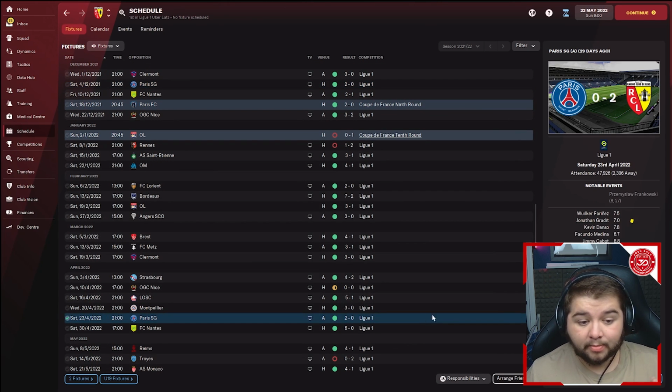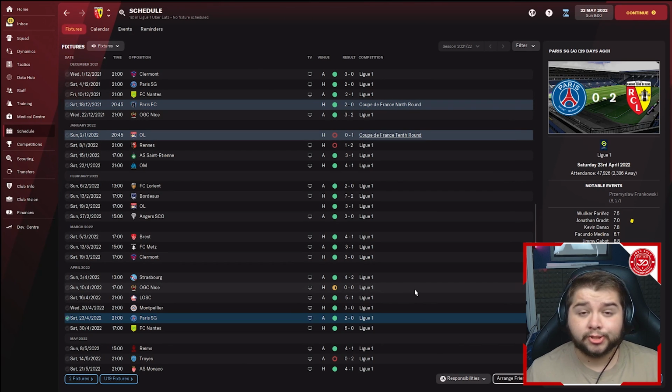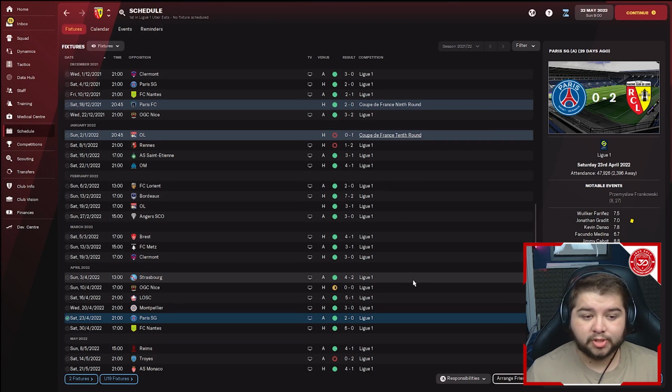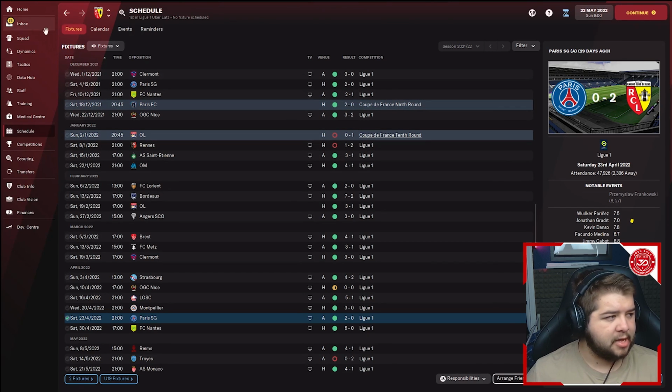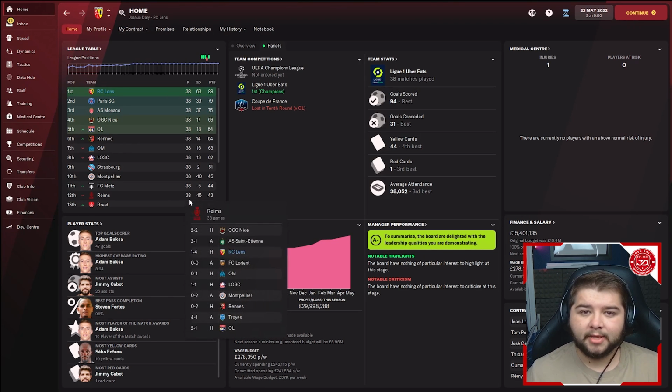PSG again in what was a 2-0 win. Very early goals as well. So this is an overachieving tactic. That is 6 points taken away from PSG, which only, you know, the other points they lost must have been a loss and a draw, because I believe it was 10 points, right? 10 points. So if you can beat PSG in this league, you can do anything, guys, because PSG are the